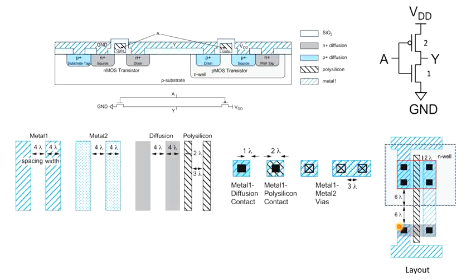To show you one example, you can see it here, like for metal 1, what should be the minimum thickness, what should be the separation between them, the separation and width of this metal line 2, then what about the diffusion layer and polysilicon layer. Not only this, it also defines the metal 1 and diffusion contact, the dimensions of metal 1 and polysilicon contact, metal to metal via contact, all these things.